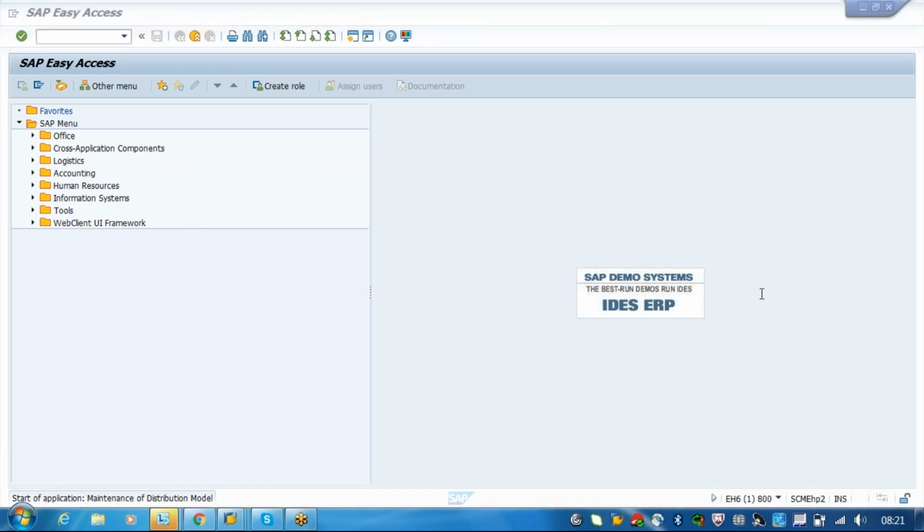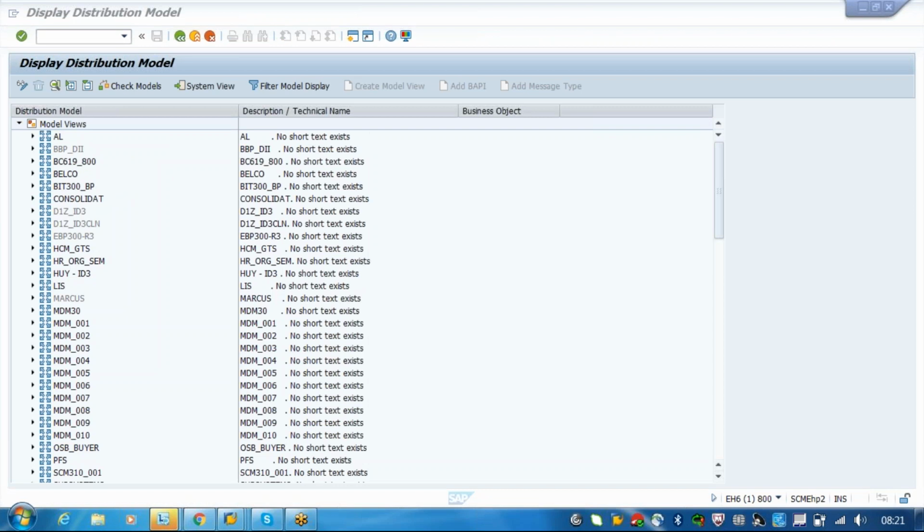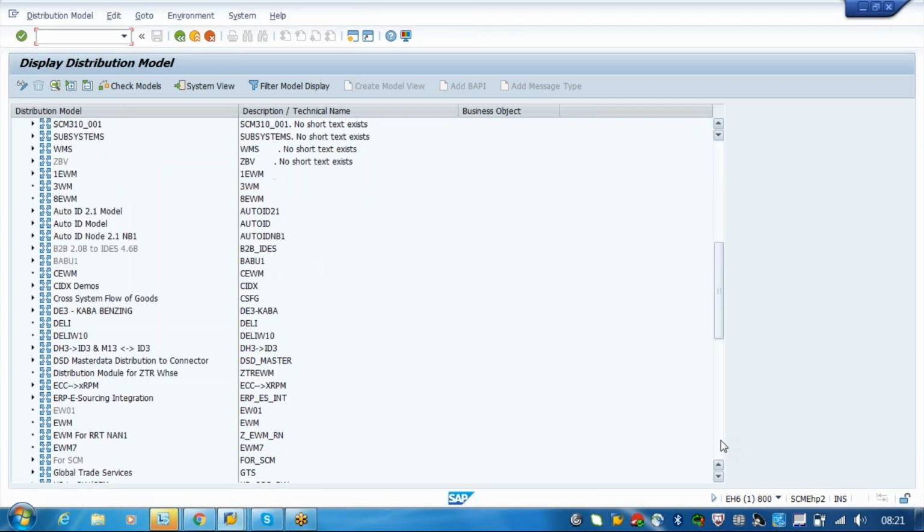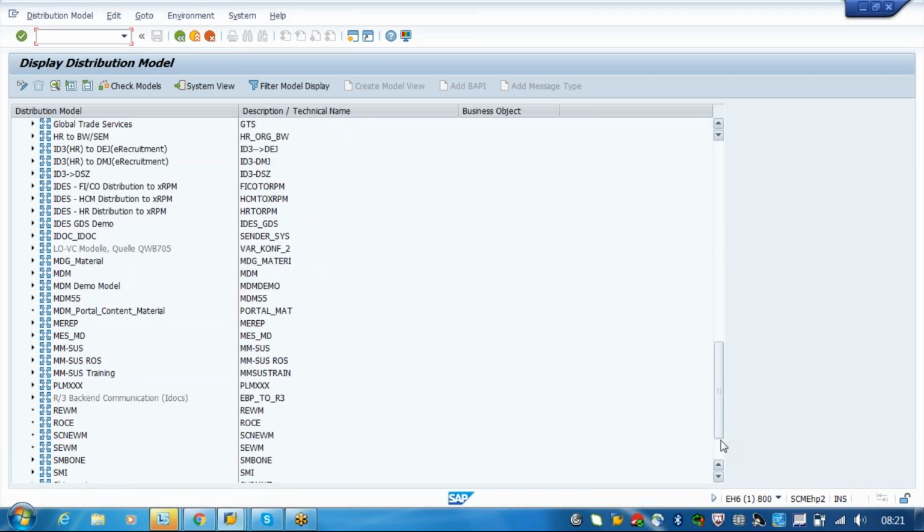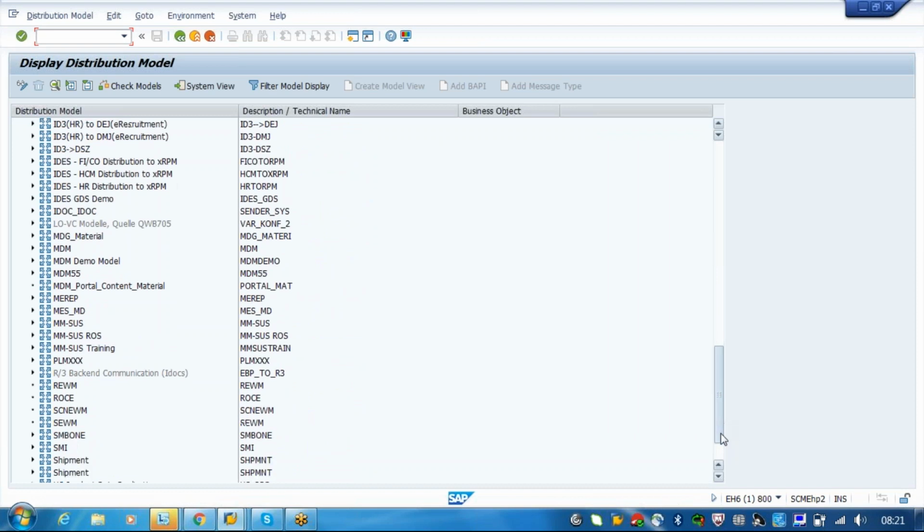These are the same transactions I showed you in the TM system. So this is a distribution model. There will be a distribution model for each and every master data transfer. Using that, you are sending the data. It's only for master data. The remaining goes through RFCs.